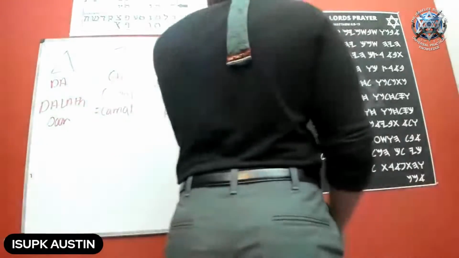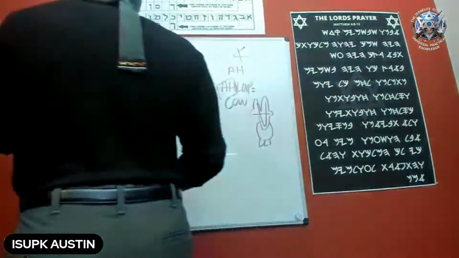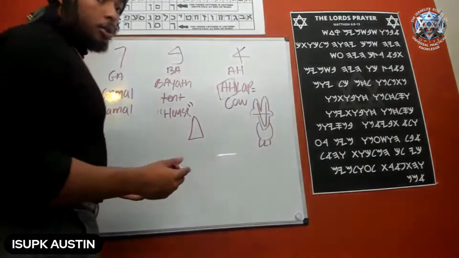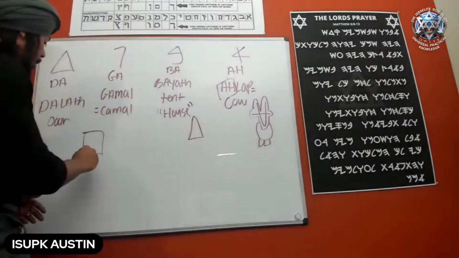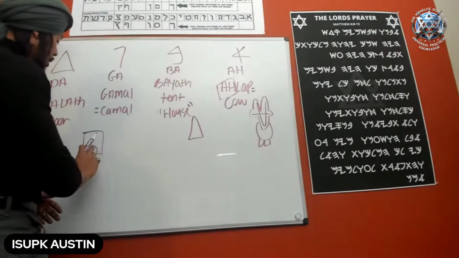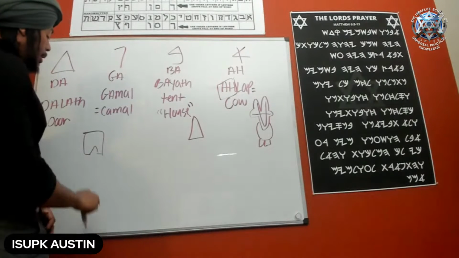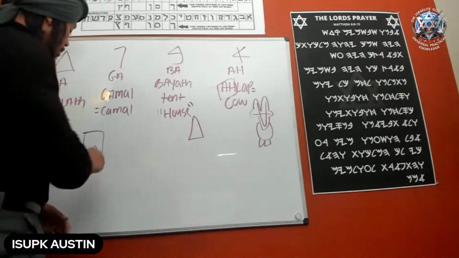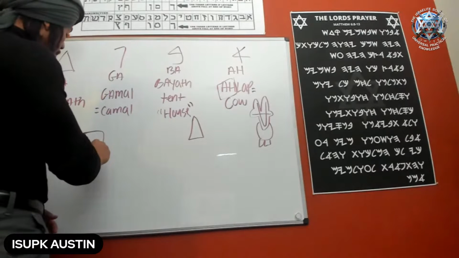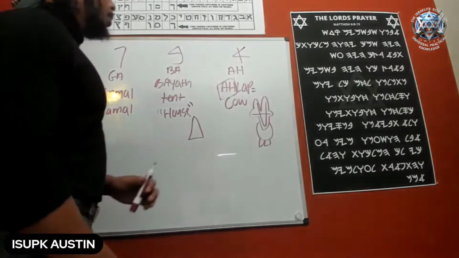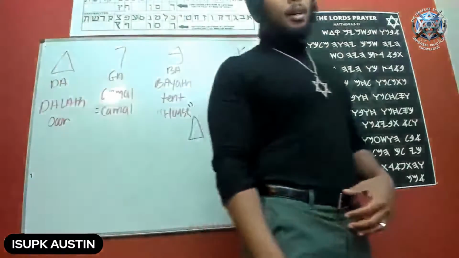Like, say if I had a tent, if I drew a tent, right? Boom. If I drew it like this, and I drew an entrance of it, that's what the entrance would be back then. The entrance to get inside. It's Hebrew class. I know, art class. All right, get it?